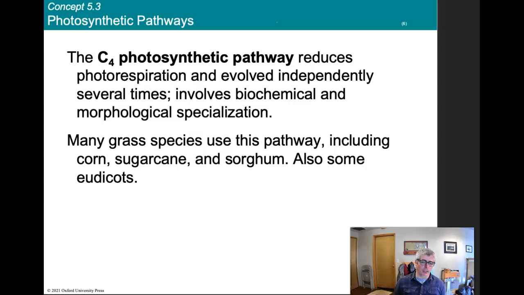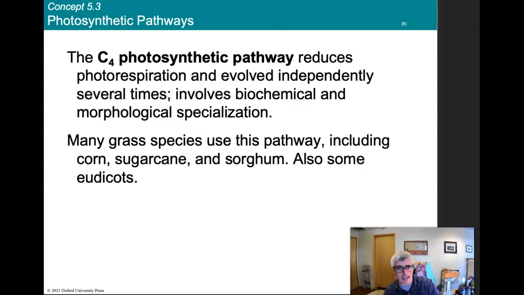Now we're going to spend a bit of time talking about C4, C3, and CAM photosynthetic pathways. You don't need to memorize all of the enzymes involved in the reaction, i.e. there's more detail behind this. And I've linked two videos as well. One's super basic and the other one is a bit higher level than we want, but I think it shows the mechanisms well. But you should know the adaptive advantages and be able to compare and contrast